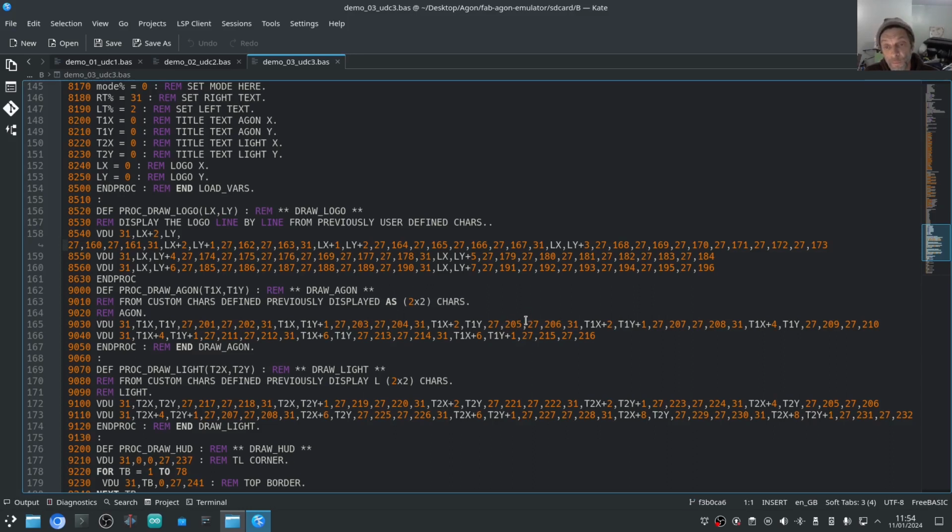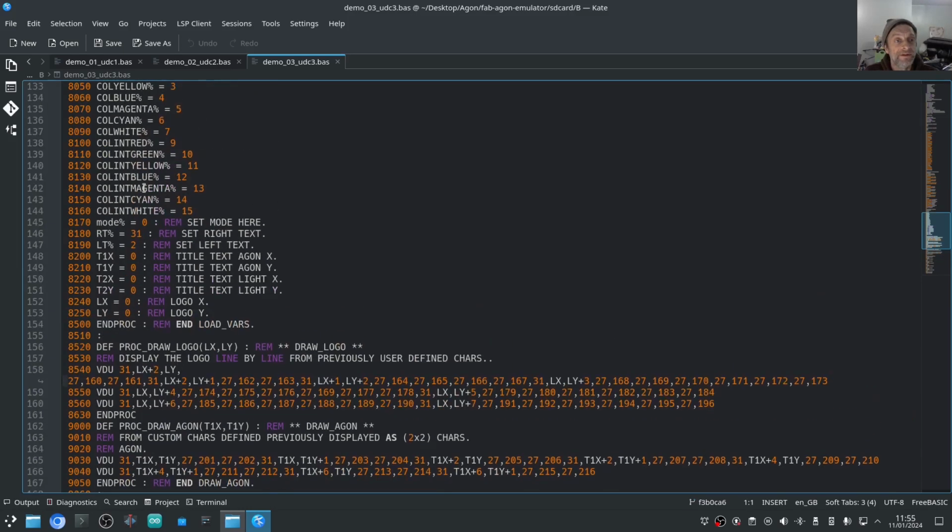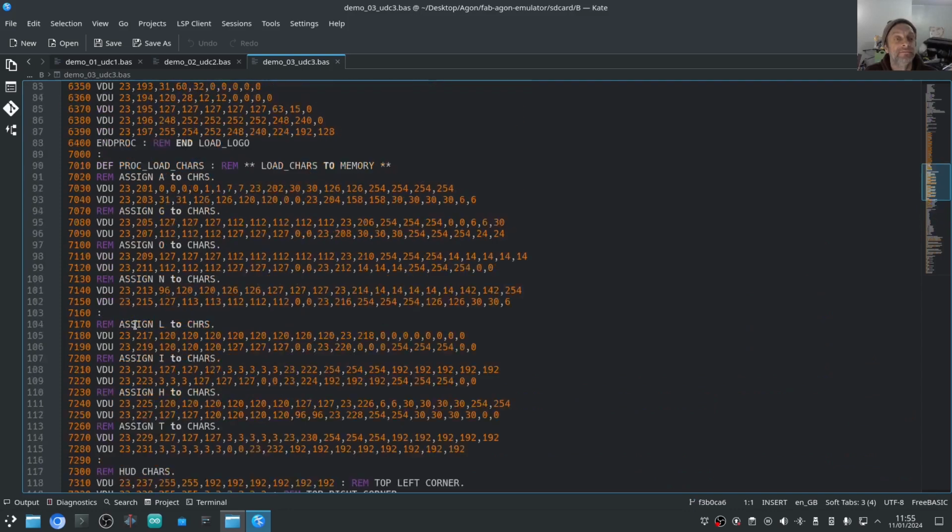of, we print the character 205, which is the bottom left corner, and 206, which is the bottom right hand corner. And that's it. We work through each one, all going off the same coordinates. So the next letter's +4, the next letter's +6, and so on. That then writes the arg onto the screen, and then we've got the T2x, which are defined here in the